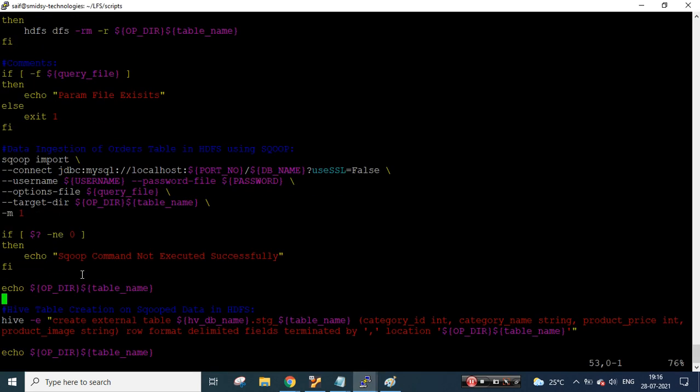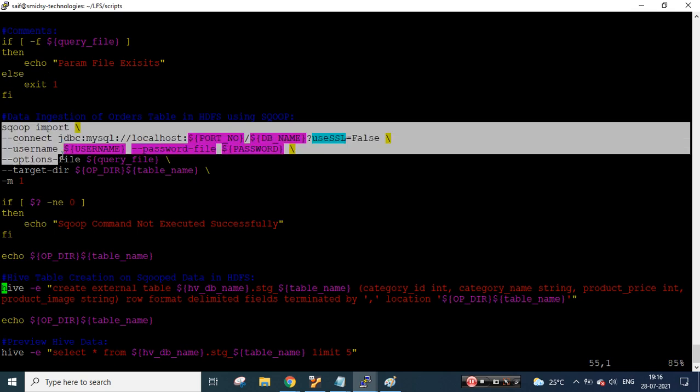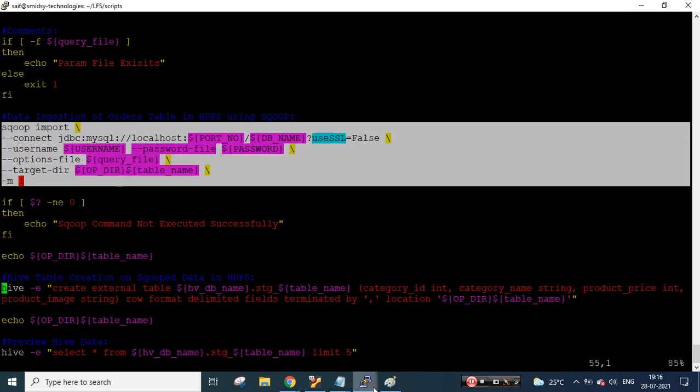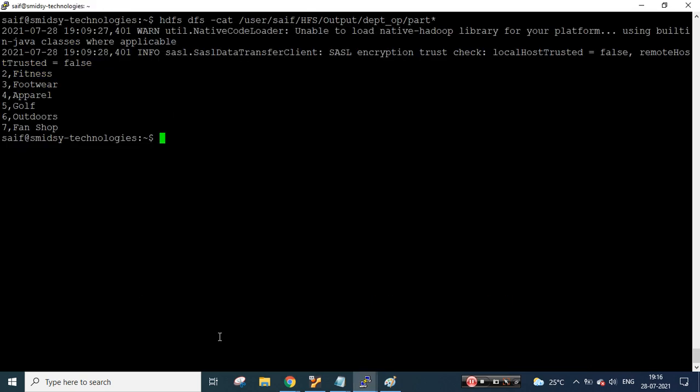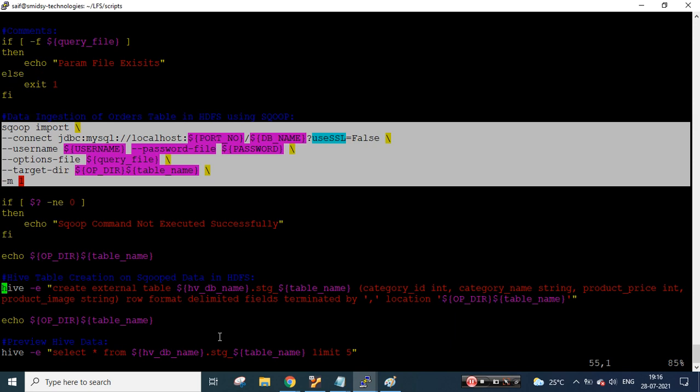Okay. Then if you see over here, the same Sqoop command which I executed manually. As of now, don't worry about what exactly it is doing or how this is written. All this is part of the training, which will be taught right from the basics. Here we just need to understand it. Okay, this is how the flow is happening. Like yesterday and the day before yesterday, I wrote the code, but as of now that was not mandatory. Just understand it. That's it.